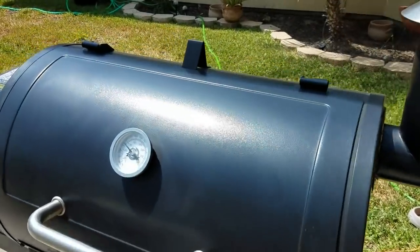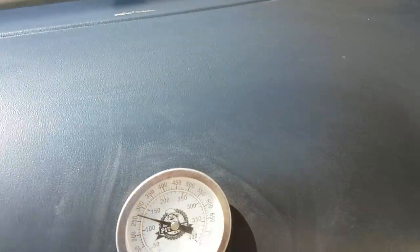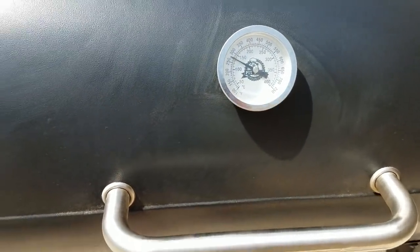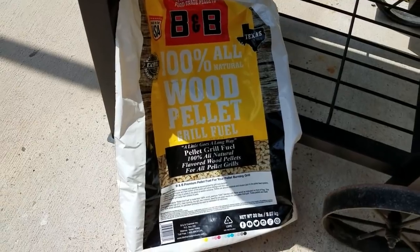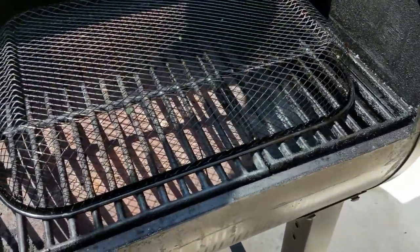So today we're going to be cooking on my Pit Boss pellet smoker, and I did mention that we're going to do this pork butt Texas style. So what do we use in Texas? Mesquite. Okay, so I use B&B wood pellets. They've worked out very good for me. And I want to show you guys that I started